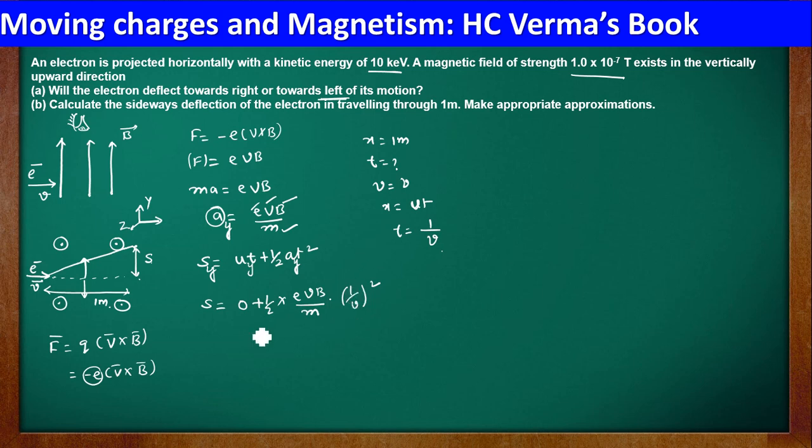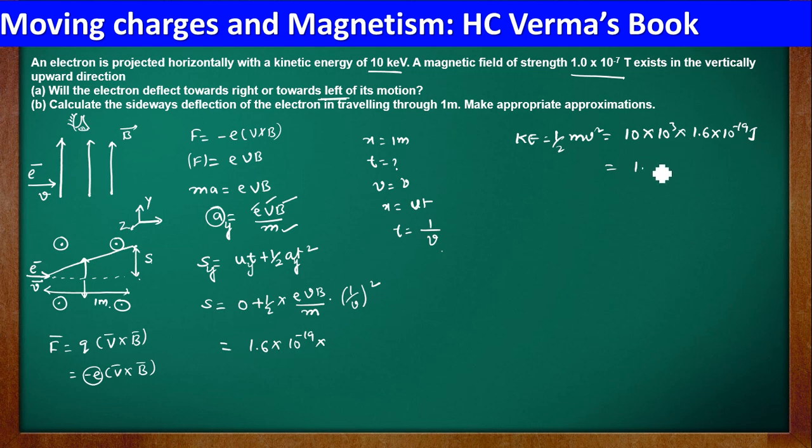Yes. So now let us try to solve this. What is the charge of electron? 1.6 into 10 power minus 19. Velocity you need to find out. Let me take this velocity from kinetic energy. Here kinetic energy KE is equal to half mv square, which is equal to 10 kilo electron volt. Kilo means 10 power 3. Electron volt is not an SI unit, so let us convert that into joules. 1 electron volt is equal to 1.6 into 10 power minus 19 joules, isn't it? So if you solve this, you'll get